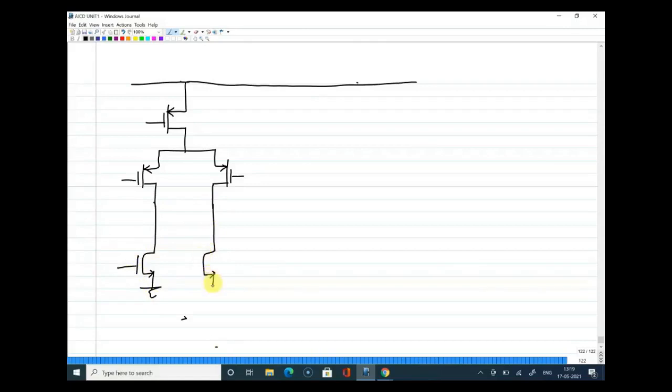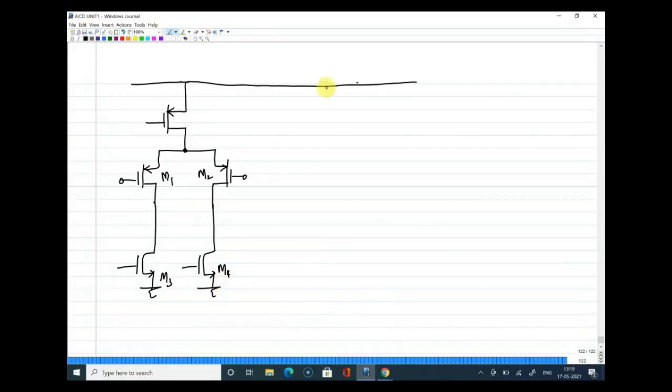Most of the time, when you draw circuit diagrams, when you have input transistors, you will draw them in this way, each facing each other. If I number these as M1 and M2, to identify them as input transistors, we will draw in this form. But if you look at the transistors I have drawn down here, M3 and M4, both are facing the same side. That is a convention followed in circuit diagrams to show the input transistors.